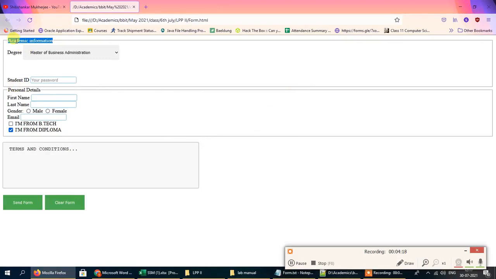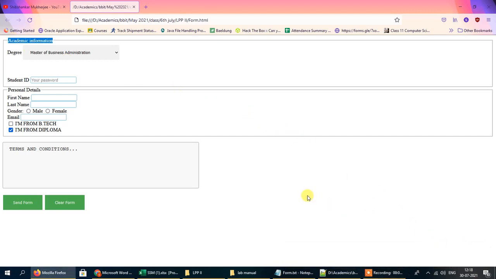It is given merely to improve the appearance of the form. You can create a form without the field set part. It is not mandatory to give the field set section or the legend section. Whenever you are giving a field set, you have to give a legend section, otherwise this box will look kind of meaningless. After this we've got something called degree and student ID.